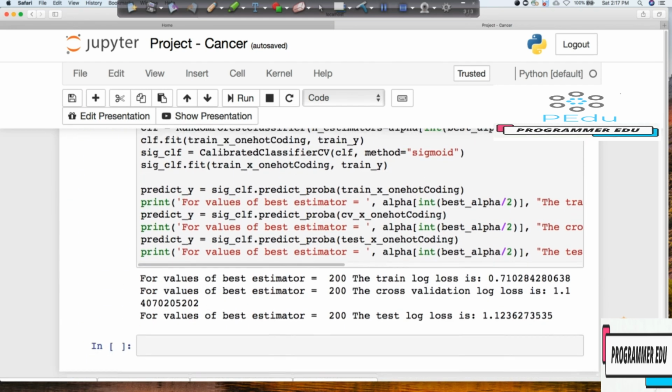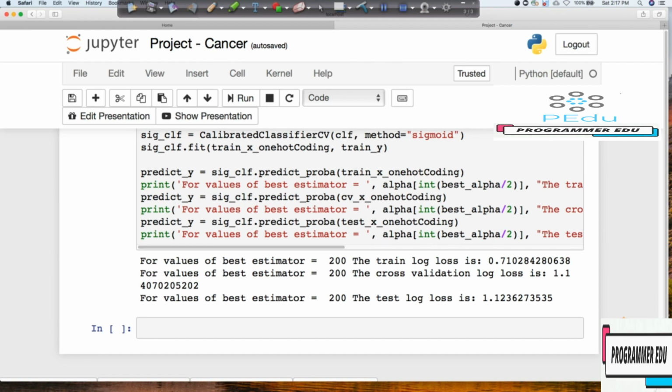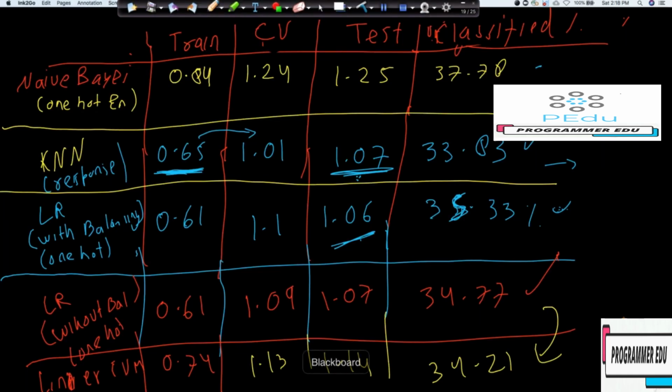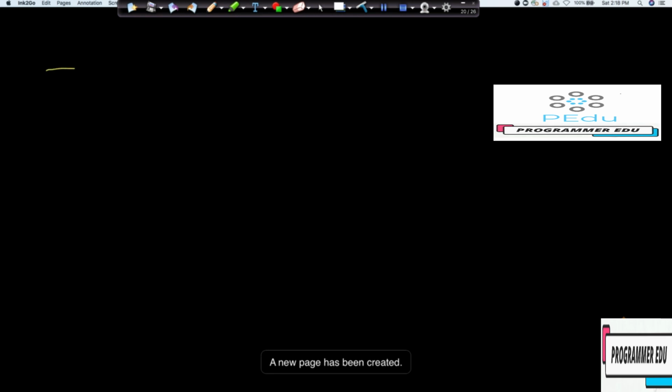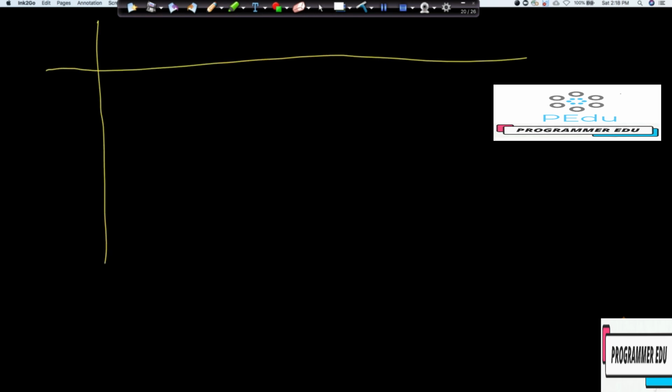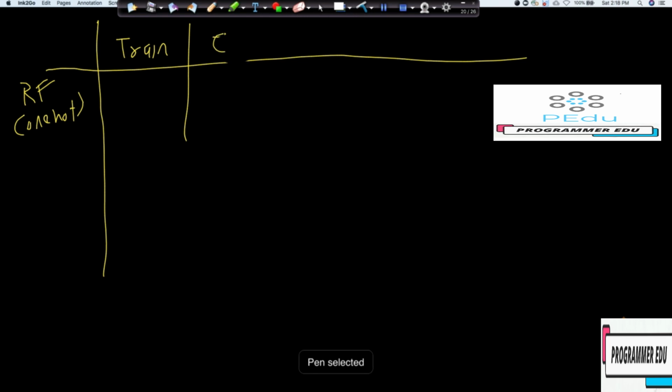Now you can see here that with this value we have calculated our train, test and cross validation loss. So let's put that. For train loss we got 0.71, so let's put it. So 0.71. So the space is filled up. I need to create a new table now. So here I'm going to say random forest, and this is for one hot encoder, and this is going to be my train loss. I do have a cross validation loss,